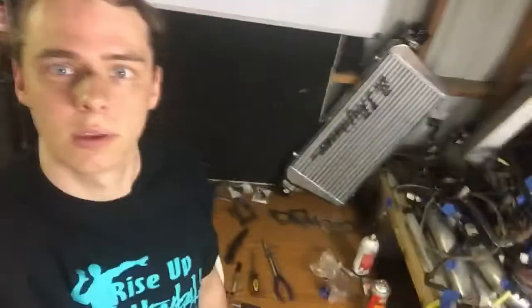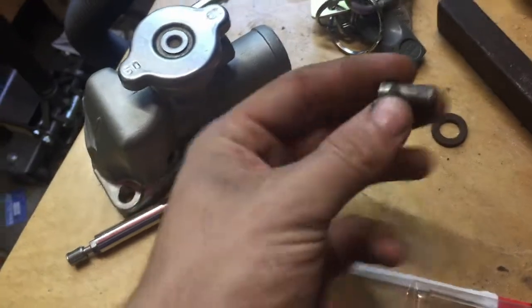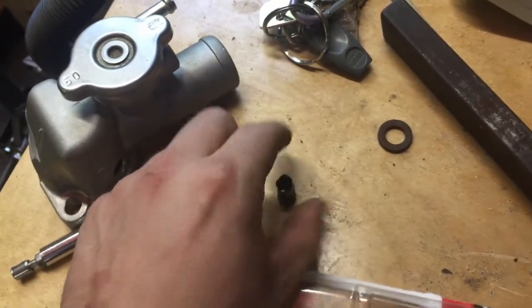So I'm gonna go ahead and upgrade to a 16G turbo off an Evo 3, and I'm gonna get the CX1, see how it goes. If it burns oil and smokes, then I'll just upgrade to a better one, but I think I can make it work. Alright, so I got some JB Weld, and I'm going to JB Weld this fitting for water for